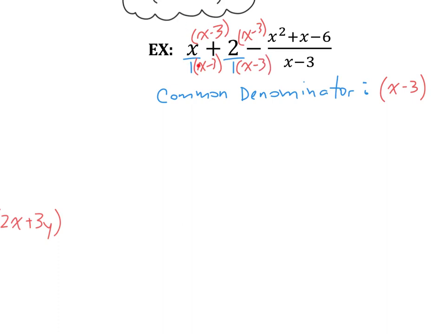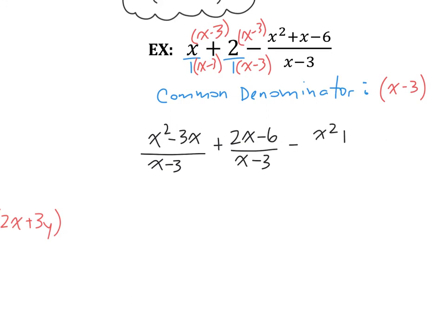So this first guy, x times x minus 3 over x minus 3, is going to go to x squared minus 3x over x minus 3, plus, distributing in that, 2x minus 6 over x minus 3, and then finally minus x squared plus x minus 6 over x minus 3. So now we have all three terms have the same denominator, so we can go ahead and combine our numerators